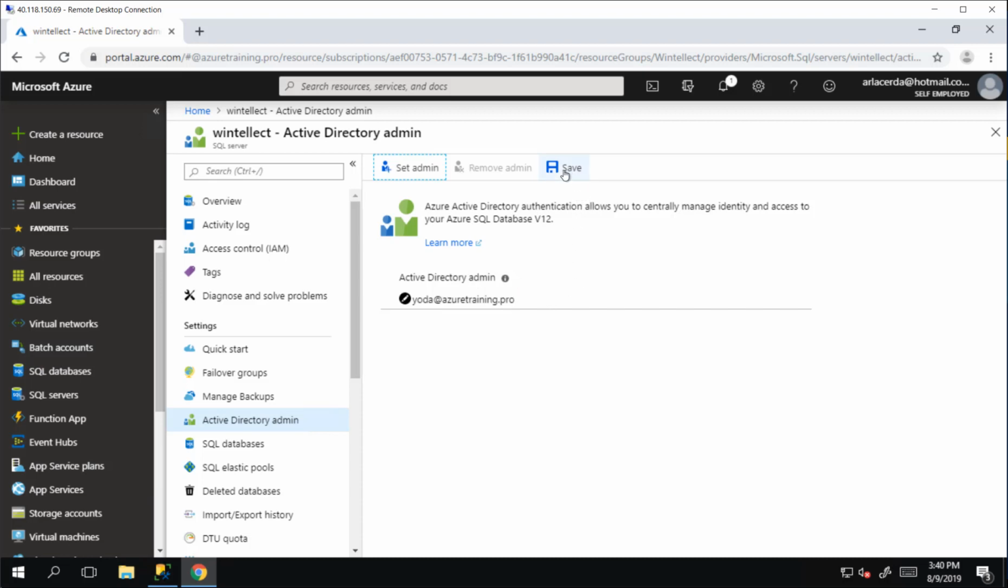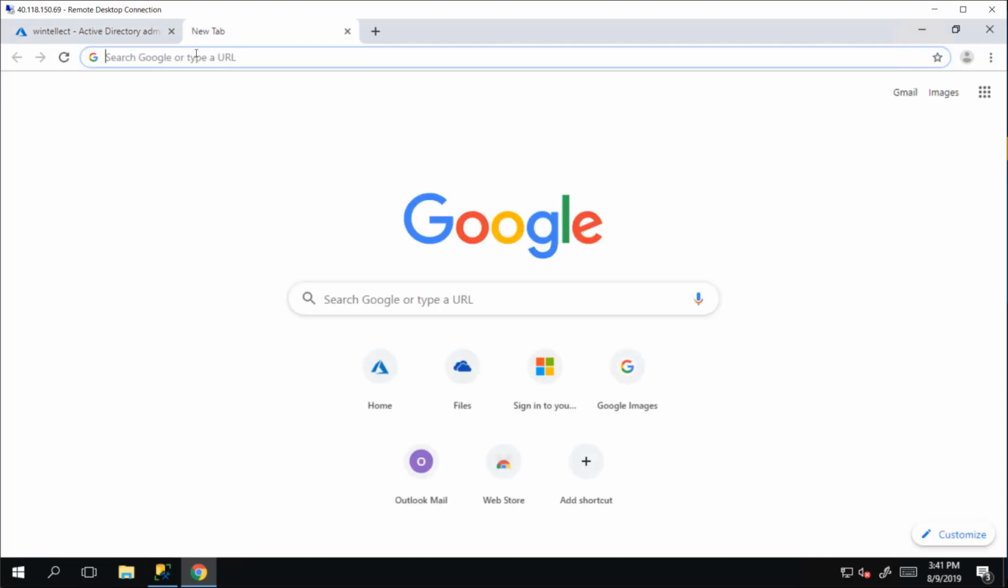But the point in here is, if I do hit save on this one here, Yoda will be able to connect to any database on this logical server. And usually that's not what you want to grant people. What you want to do for this particular setting here is either select one particular account that will be the almighty guy, the SA guy on this particular server, or better yet, you can go again to the portal